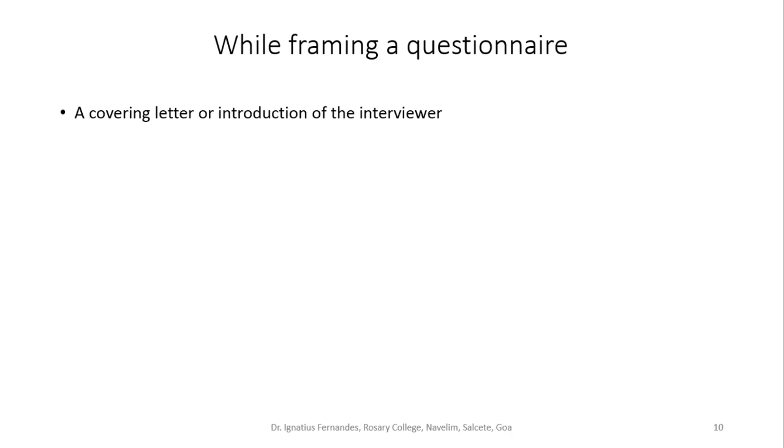In case the objective of the study is not known to this respondent, then this study is called disguised. Okay? And in case you very well tell the respondent what is the objective of the study, then it is called undisguised. Okay? It's always better to have an undisguised study as compared to a disguised study. Because the responses of the person will always depend on how well he knows the history or the purpose of this study.